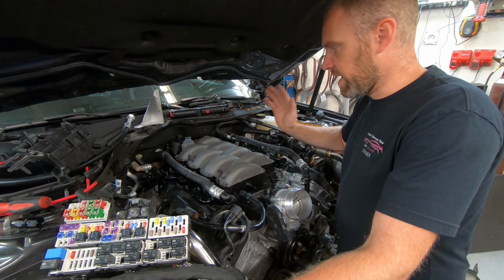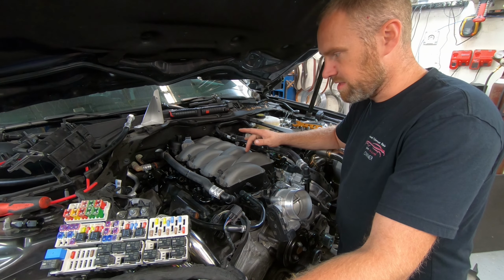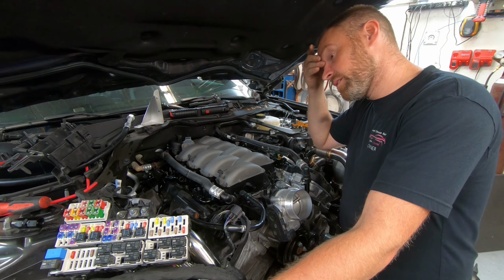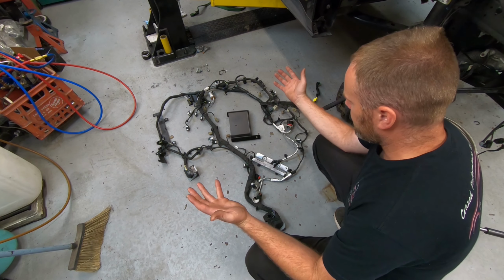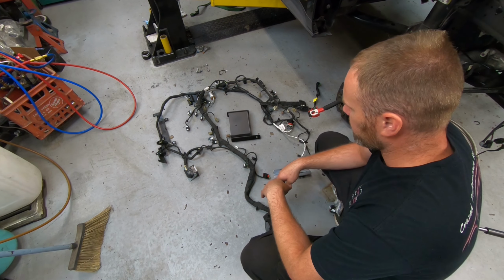Now all I need to do is cut my lines, put my lines in, and once that is done, then I'm going to be stuck going to the wiring. I'll get the coils in and then start working on wiring. Another thing that dawned on me is this is only a small fraction of the wiring, because this is the actual engine wiring. Now, the engine wiring, obviously I'm going to have to wrap that around the engine, and then